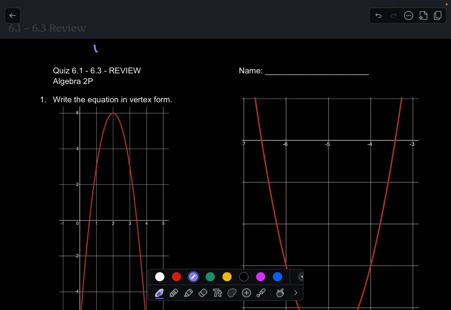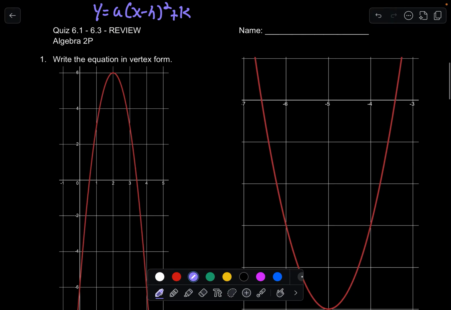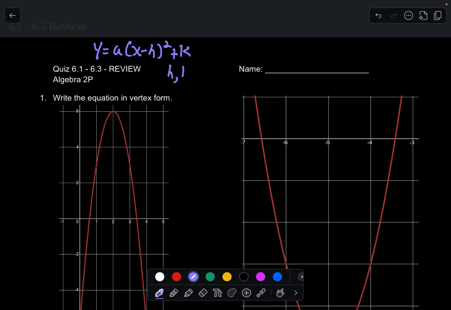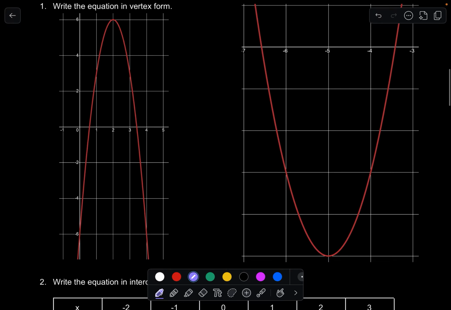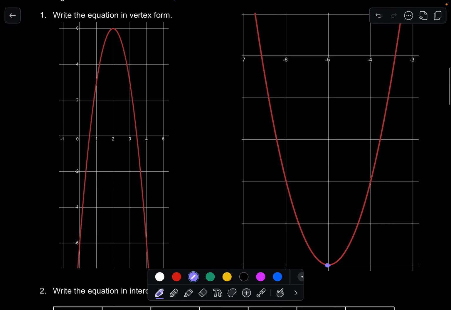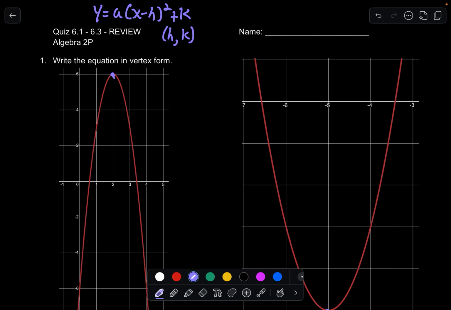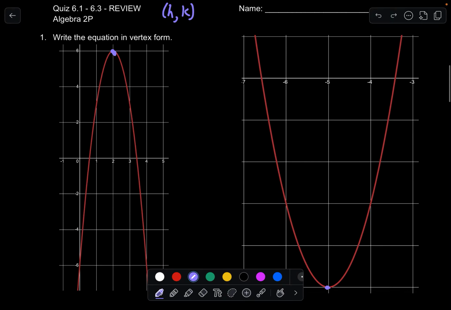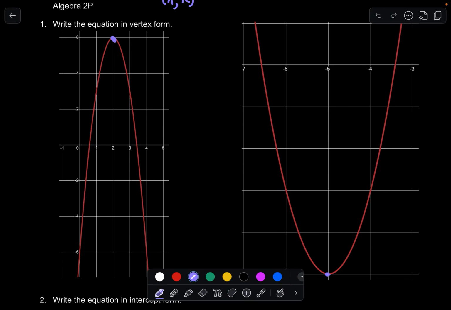Y equals a, x minus h squared plus k, all right, where h, k is the vertex. So both of these is easy to find the vertex. All right, so that's the easy part. Like for question 1A, I guess you could call it, the vertex is at